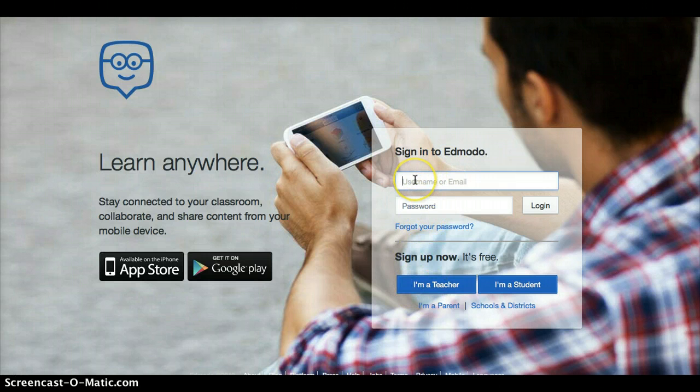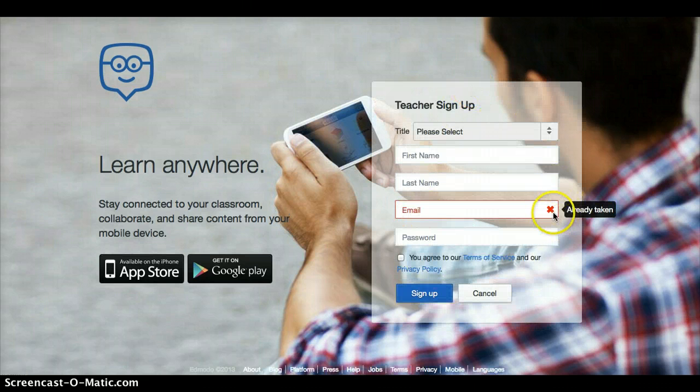From now on, after this first time, you will be using your username or email and your password. However, just for the very first time, we need to sign up. And we need to say, I'm a teacher. Okay, so you want to put in your information. Put in your email and your password